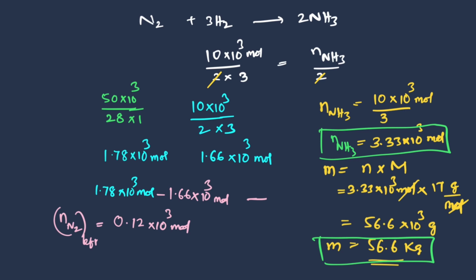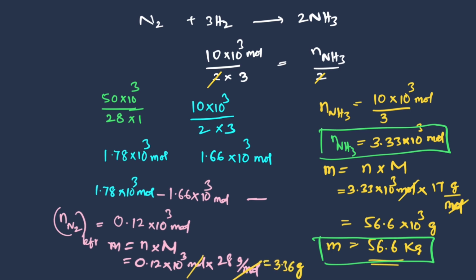Now we can convert into mass. So mass is equal to, what is the formula? n into molar mass. So we got moles is 0.12 into 10 power 3 mole into molar mass of nitrogen, which is 28 gram per mole. Then this mole cancels. Then 0.12 into 28 gives